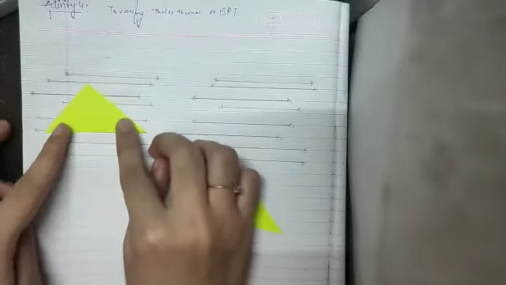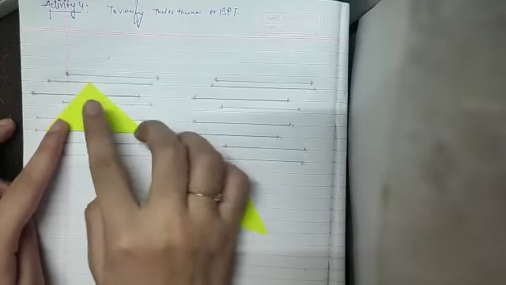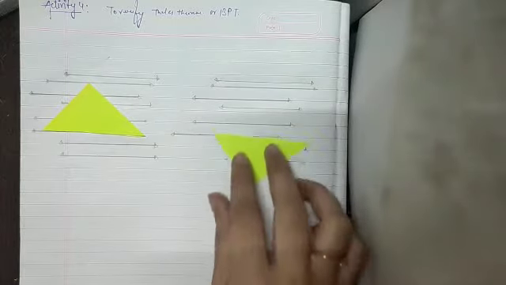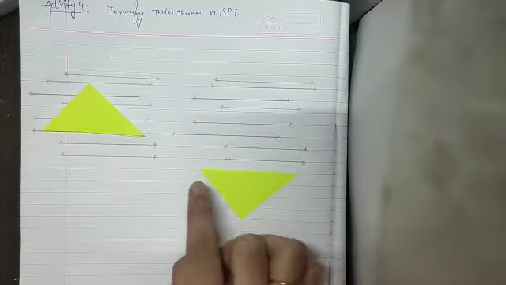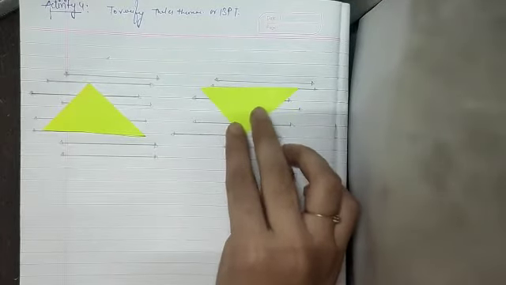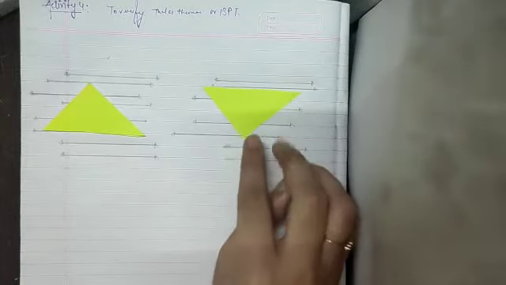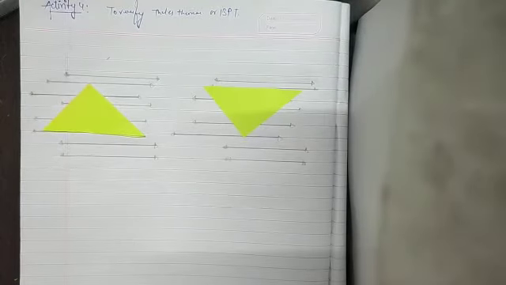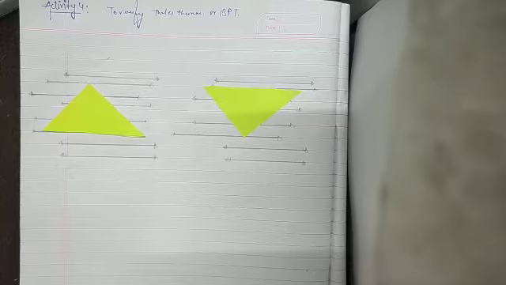Consider any parallel line as a base. Suppose I'm considering this line as a base, then paste it over here like this. Similarly, take another triangle and keep it inverted. What was the base for this becomes the tip of the other triangle, and whatever the tip was of the other becomes the base. Like this you will place it. Then look at it very carefully.